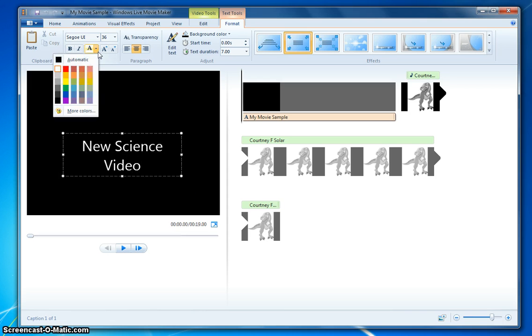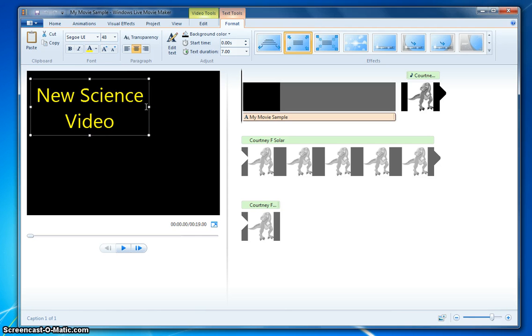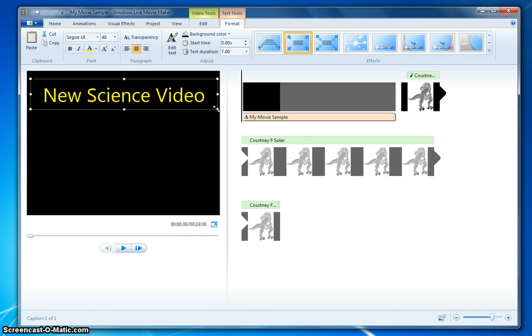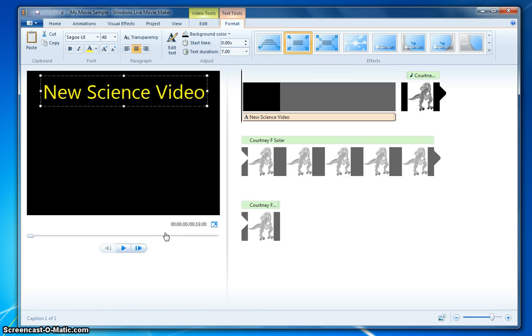If you want, you can change the color. Maybe you want it to be yellow. Maybe you want it to be larger. You can move this box so it shows up at the top. Have it run just across the top of the page. You could also, sorry about that. All right, if you wanted, you can